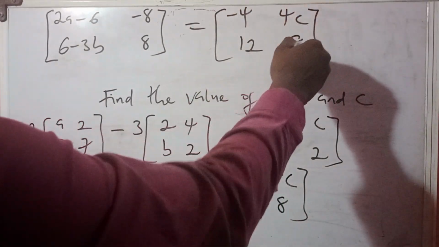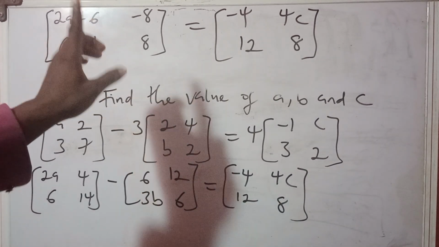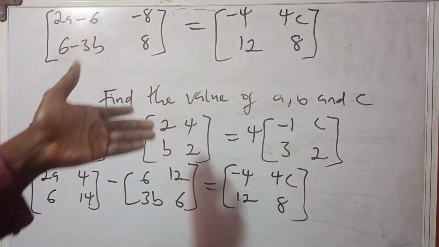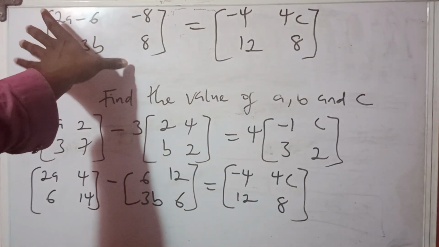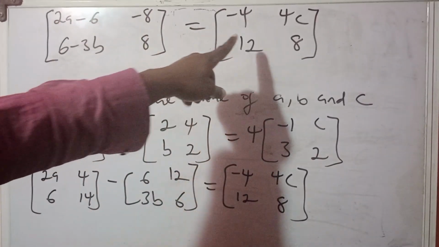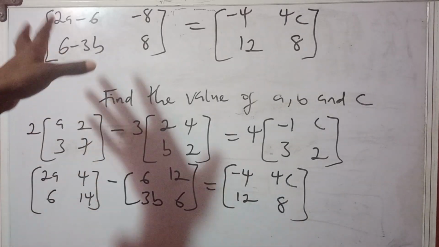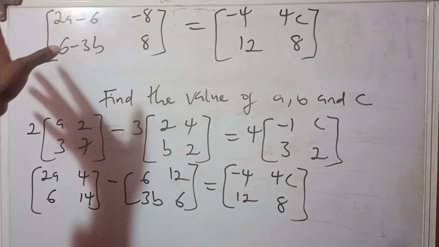Now, as proof that you are on the right pathway, you need to identify, first of all, that you're dealing with equality of matrices, because the next concept we have to apply here is the equality of matrices, because we are being told that this matrix here is equal to this matrix here. And the concept of matrix equality is that if two matrices are equal, each element of both matrices must be